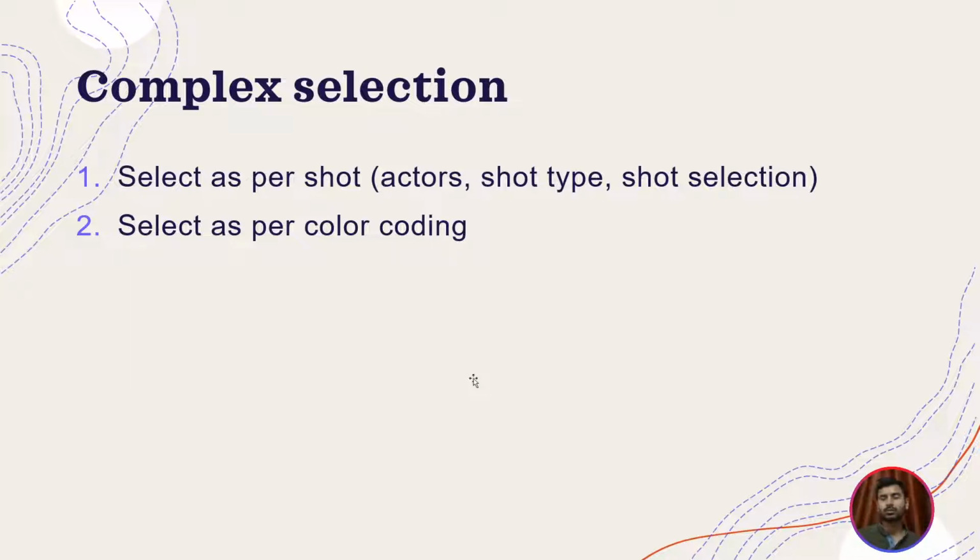actor. So you would either have color coding for the actors, because there is a thing that you cannot color code one clip with two colors. That's the limitation. Your clip can either be one color at a time. So how do you select what to do and how to do?